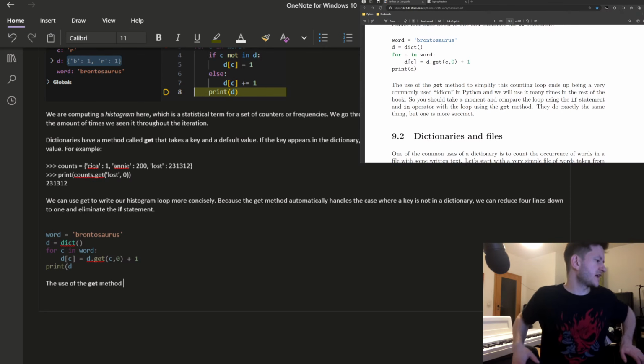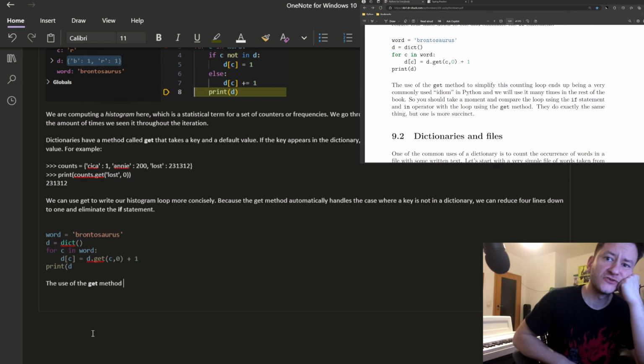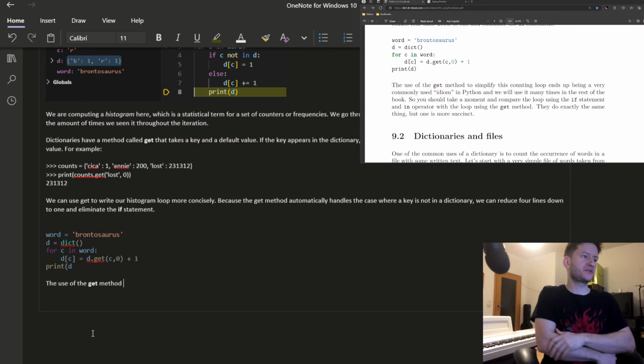Hit the road, Jack, and don't you come back. The use of the get method ends up very commonly used in the